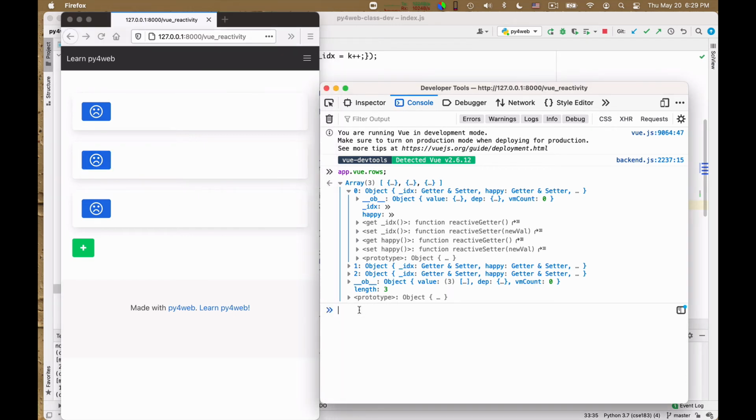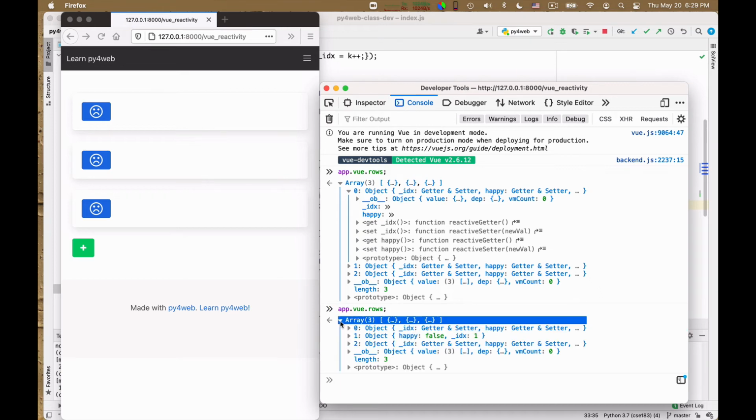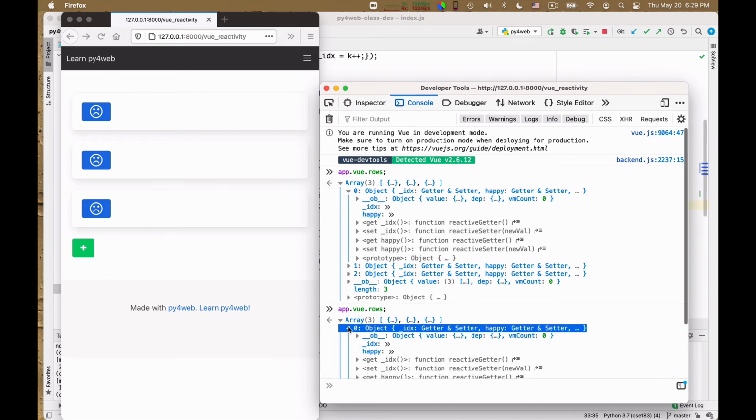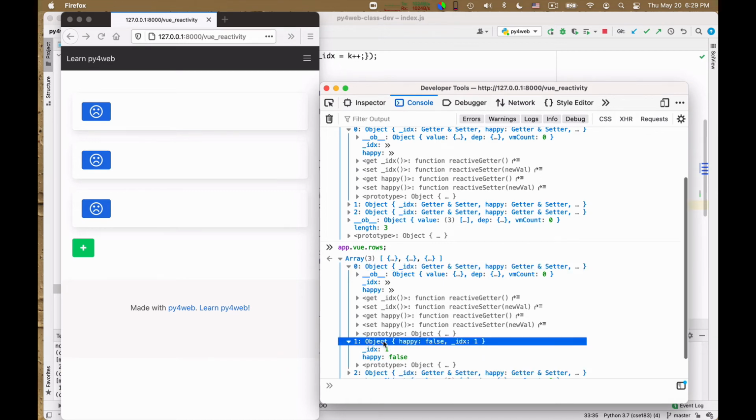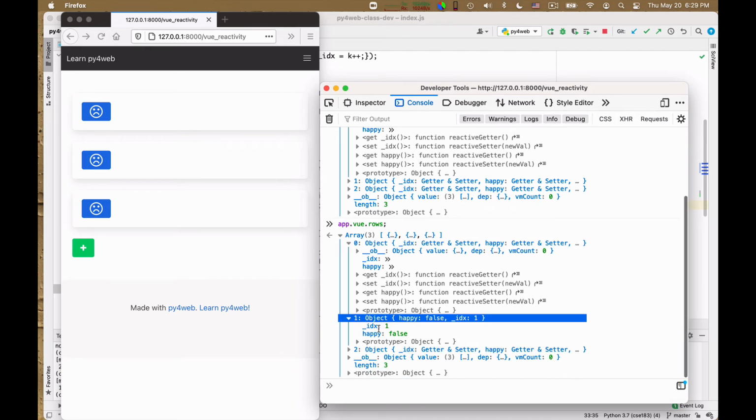So what is the matter? Let me look at it again, and well, it's supposed to be reactive. So what is going on exactly? Well, maybe if you are careful enough, it would come to your mind to also check the first element, not only the zeroth. And strangely enough, the first element lost reactivity.